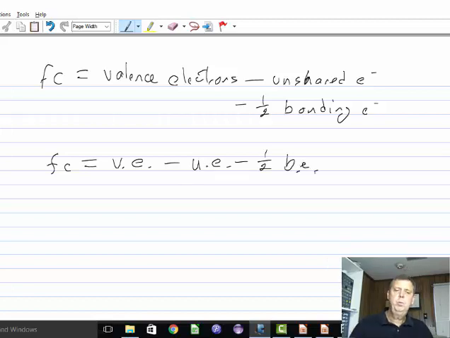I'll show you visually where this comes from so it makes a little more sense, I think. If you understand it, then it's a lot easier than trying to memorize the equation. You can always figure out the equation if you understand what the concept is really talking about. What it's really telling us is the effective charge around each atom. I should mention here, I think it's in the other slide, but